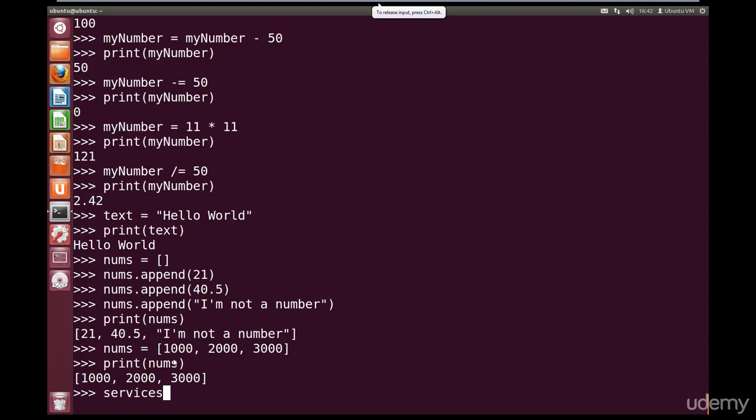So services equals, and we open up with curly braces this time, and we need to give a string key. So let's give string FTP, close quotes, colon, and we're going to give it the value 21. Then we use comma to separate that item. And now let's open a string again. We'll do SSH, close quotes, and we use colon, and we're going to give SSH the value 22, comma, open